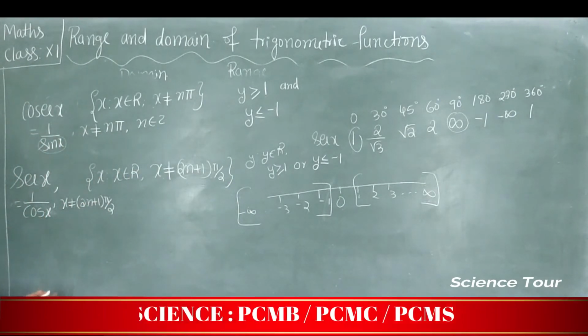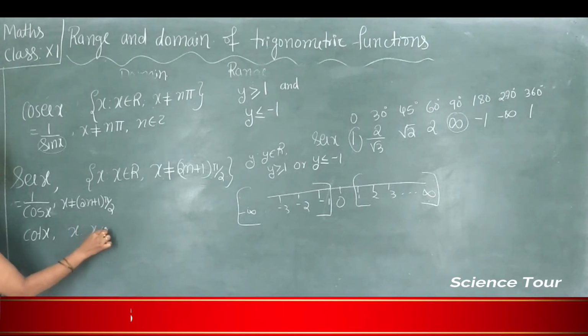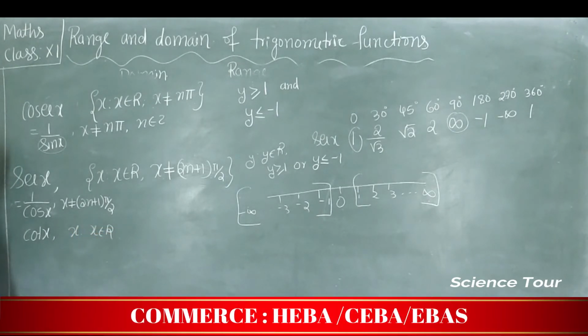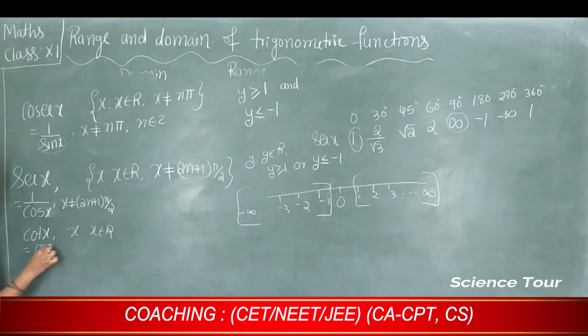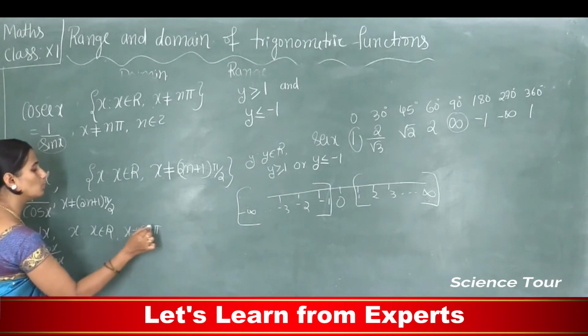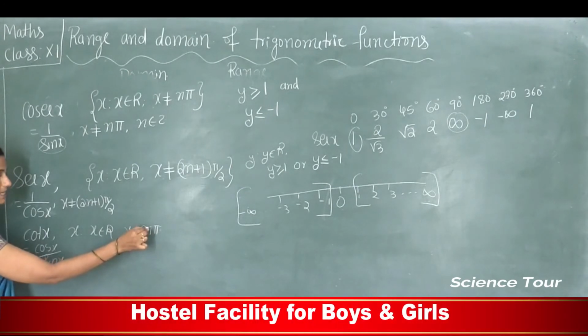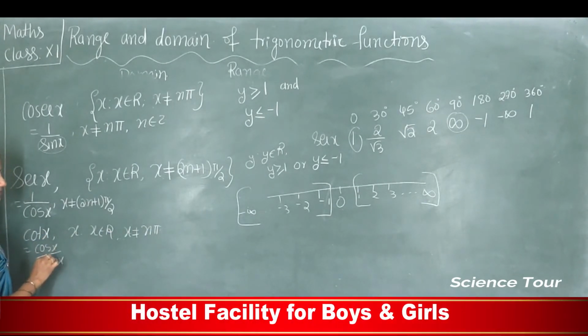Now next we will discuss the domain and range of cot x. Cot x such that x belongs to R, right? Where is it not defined? Cot can be written as cos x divided by sin x, correct? So sin x should not be equal to 0. At what point is it equal to 0? x should not be equal to n pi. If it is n pi, then this comes as 0.